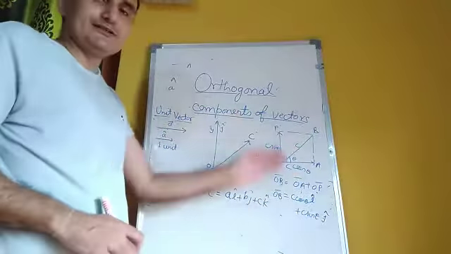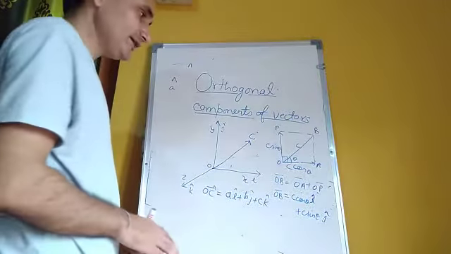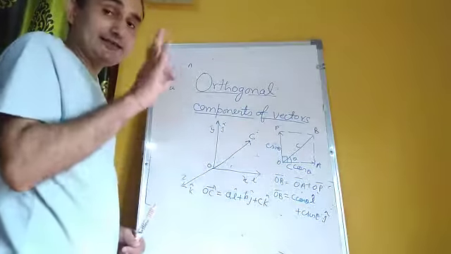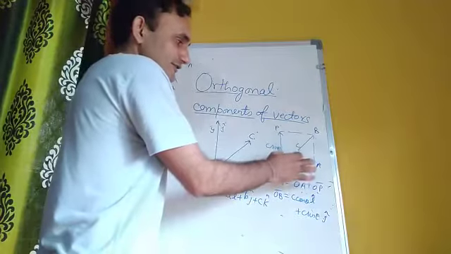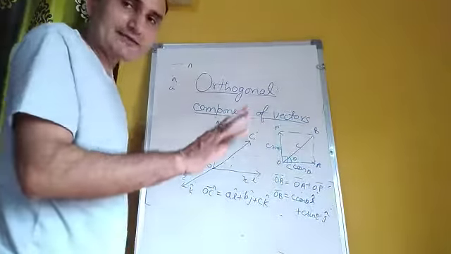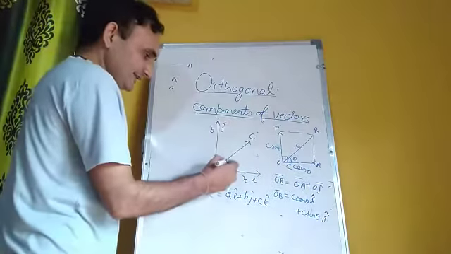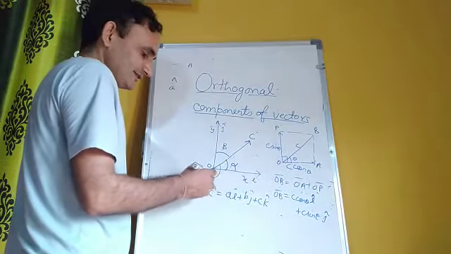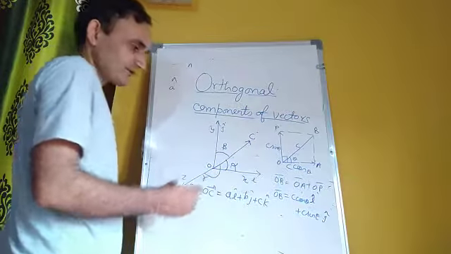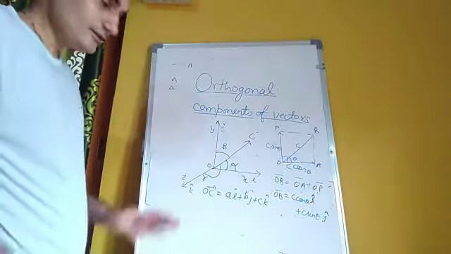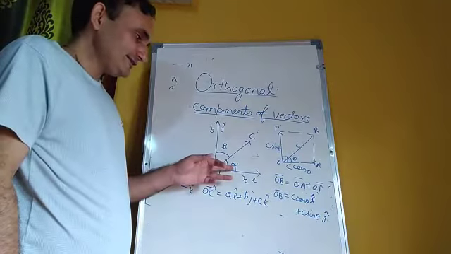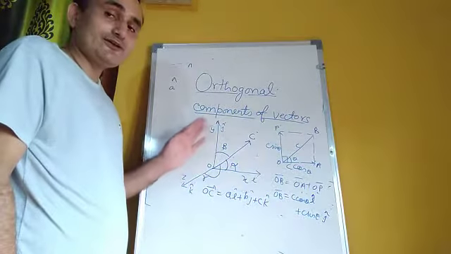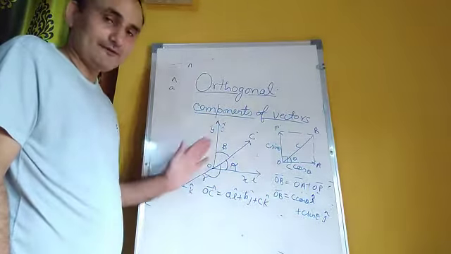We know that here we have an angle theta, but here we will take 3 angles. Here we already know that if this is theta, then this will be 90 minus theta. But here we take 3 angles. Let this be alpha with the x-axis, with the y-axis let it be beta, and with the z-axis let it be gamma. Remember, if alpha is some angle, then this angle will not be 90 minus alpha.